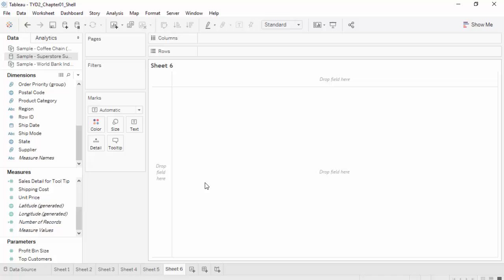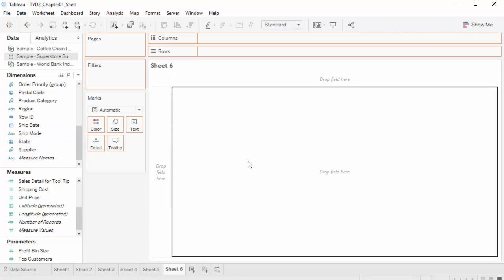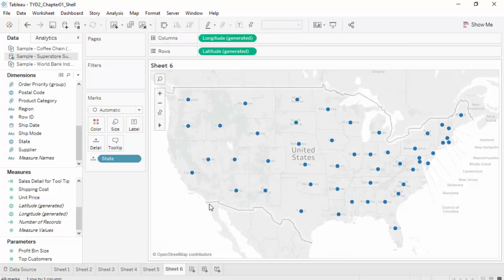We're going to do two things here: one is maps, and also paging through. So let's do both of them. When you bring a geographical dimension into the visualization, it automatically generates a map. Now, if you bring postal code into the box,